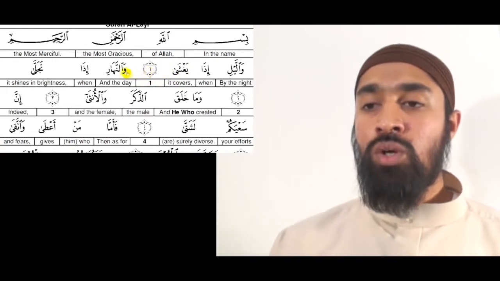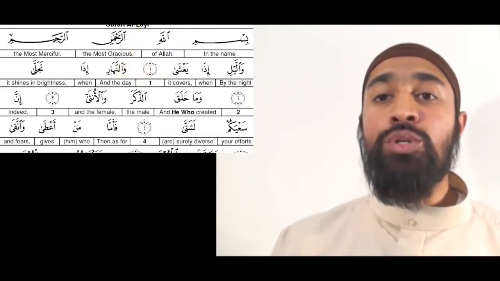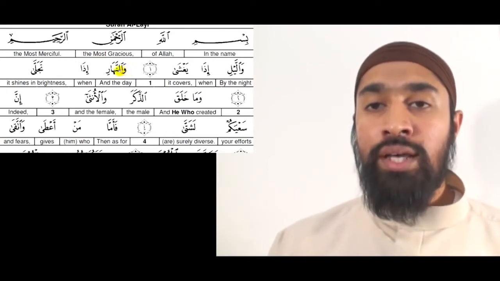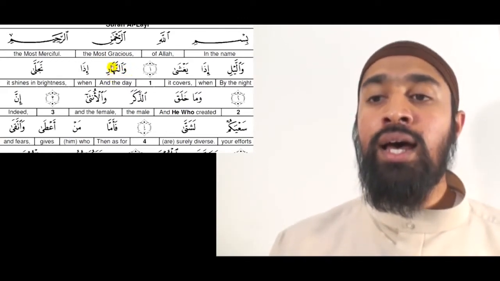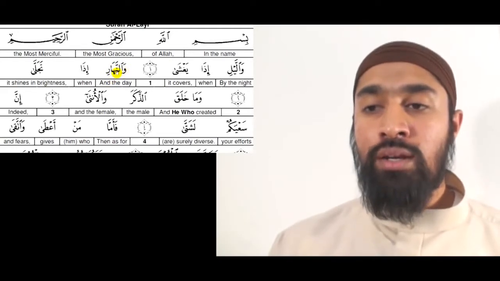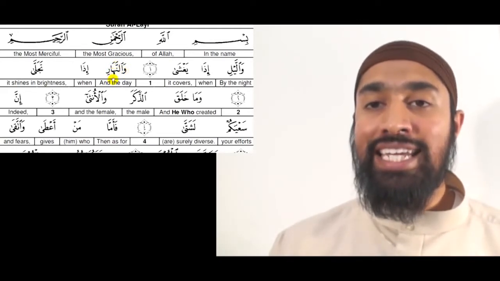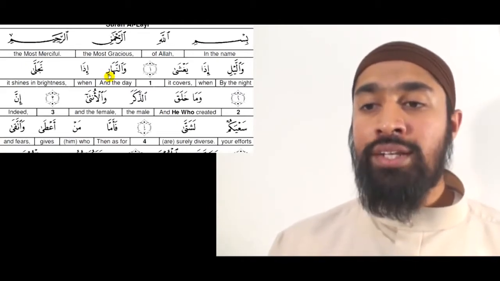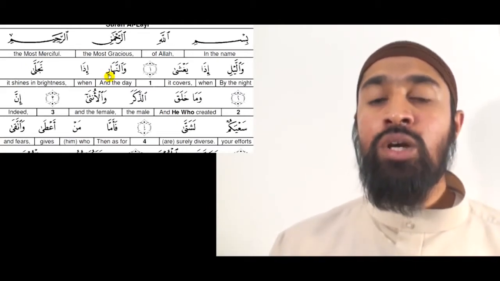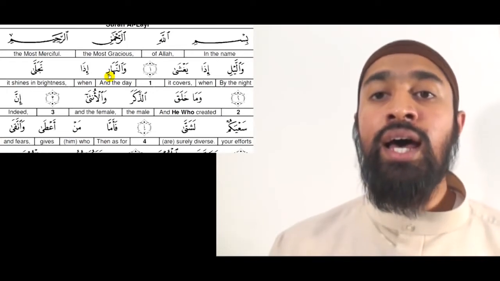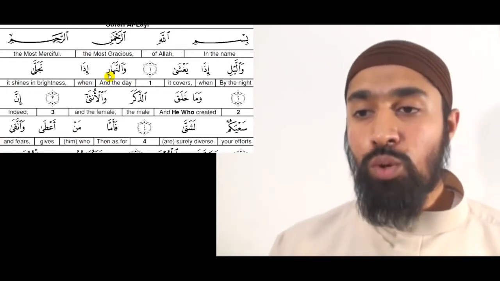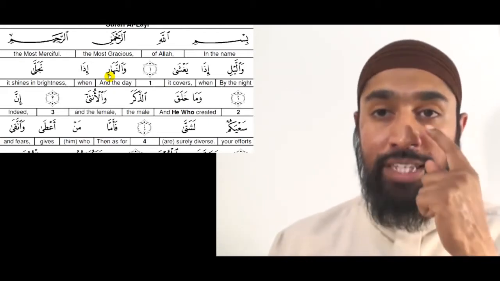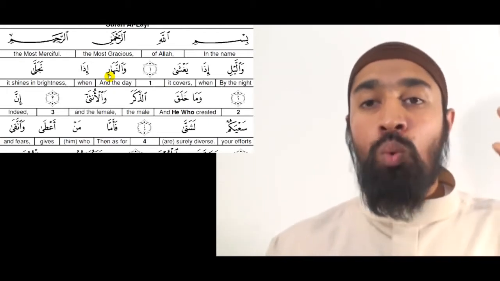Ya, يَغْشَى. We have Waw with the Noon's Shadda. Just going to make that full nasal sound. وَالنَّهَارِ. Ra with a line on the bottom, it's going to be light. وَالنَّهَارِ. What's important here is that you realize the Noon Shadda has to make the full nasal sound in the nose. So you're going to say